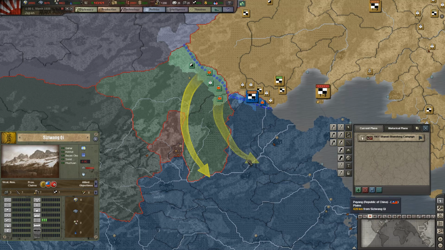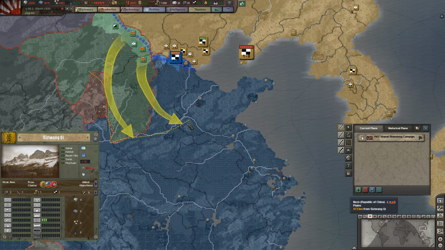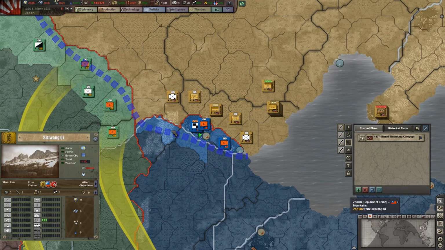So that is my basic objective, to reach this river line over here. Oh, this may be a bit too ambitious. Let's just say we want to do this. Let's just be careful. This thrust alone will not suffice to achieve our aims. I don't think that we can go for a full frontal assault against Beijing without weakening the back of the front first. So what we need to do is